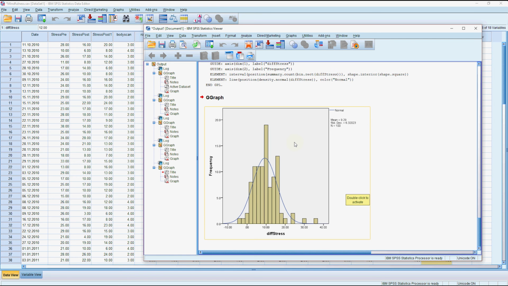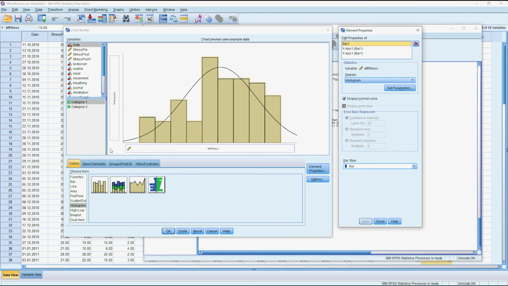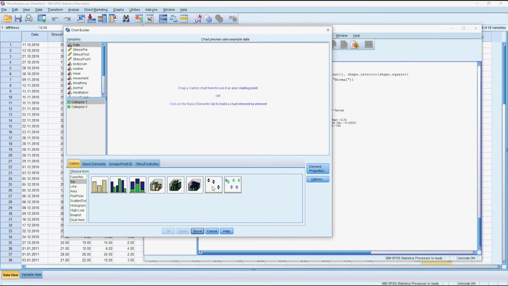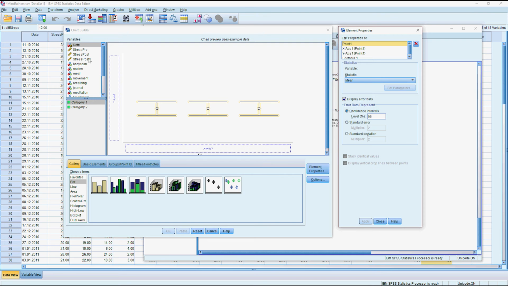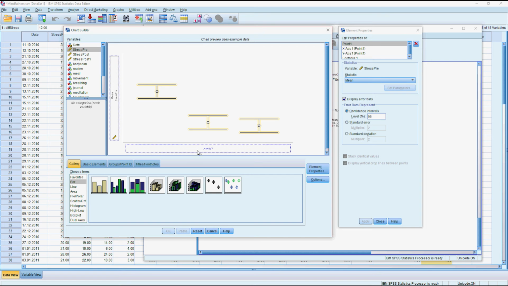Now the other graph that we can do, which I started off with, is that graph with the means and the confidence intervals. Now this one you can do with the pre and the post. So I'll reset that. I'll drag in the error bar chart. Now normally we would put our outcome variable here, and then we would put our groups down in the x-axis. In this case, because our groups are actually in separate columns, as in the test they did, take the post value